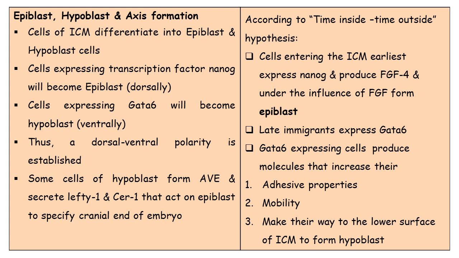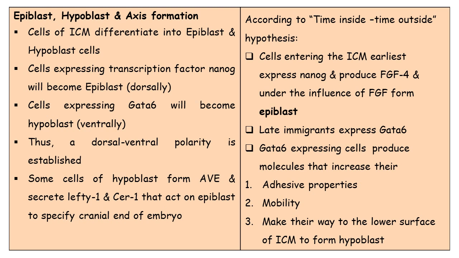Thus, a dorsoventral polarity is established because of the formation of epiblast on the dorsal side region and the hypoblast in the ventral side of the embryo. So, some cells of the hypoblast form AVE. AVE is what? Anterior visceral endoderm. So, some cells of the hypoblast form anterior visceral endoderm, and they secrete leptin and serotonin that act on